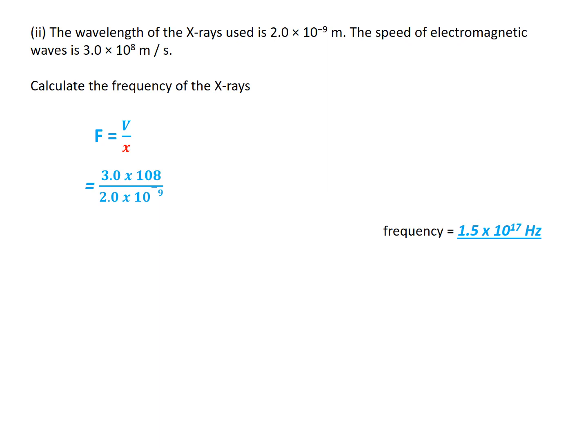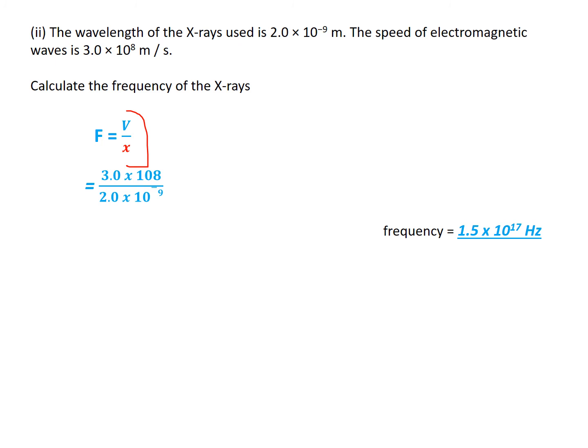Part 2. The wavelength of X-rays used is 2.0 multiplied by 10 to the power of -9 meters. The speed of electromagnetic waves is 3.0 multiplied by 10 to the power of 8 meters per second. Calculate the frequency of X-rays. Frequency is equal to v upon lambda, which will be 3.0 multiplied by 10^8